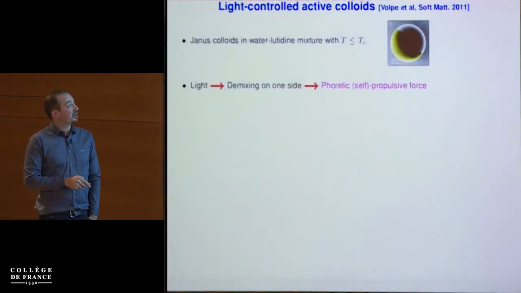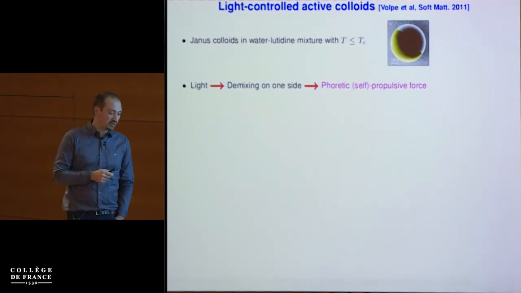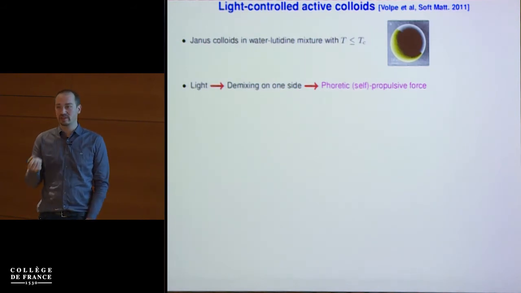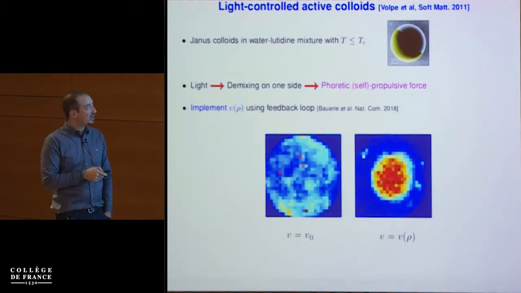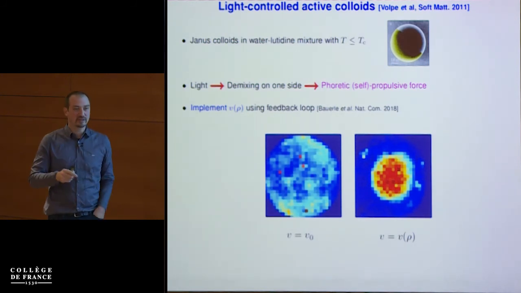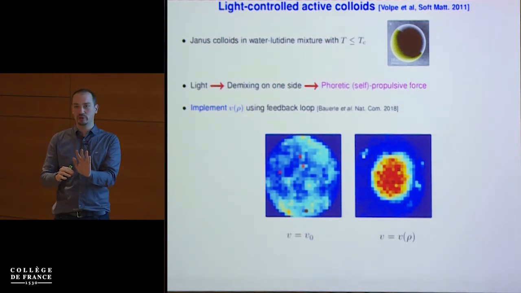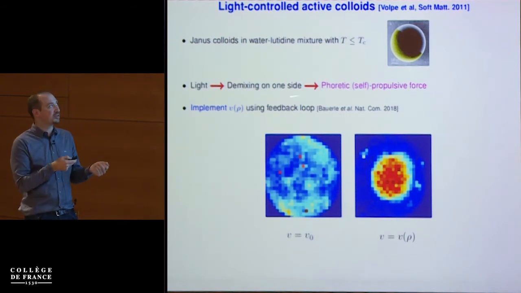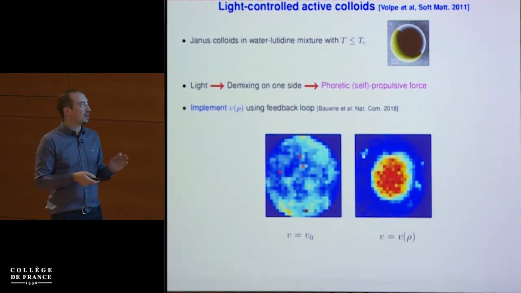Now, the second thing that these people can do, and these are very interesting particles from an engineering point of view, is that with the light, you can control whether they're self-propelled or passive. What people have done in this lab, in this paper, is that instantaneously with a CCD, they measure the position of the particles. They compute the local density around each particle, and they use that to decide what will be the light at the next instant.